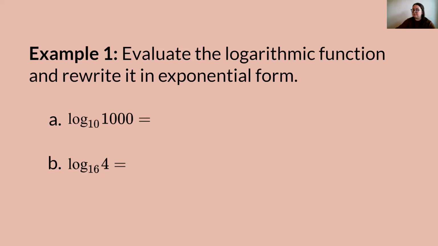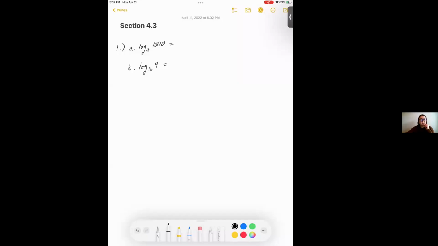So let's go ahead and go to our notes. We see here for example 1, we've got part A log base 10 of 1,000 and B log base 16 of 4. We're really quickly just going to rewrite this and show how we rewrite logarithmic versus exponential forms. If we start with an exponent and we say we have a to the power of y equals x, like that, then when we rewrite it in logarithmic form, we write the word log every time,